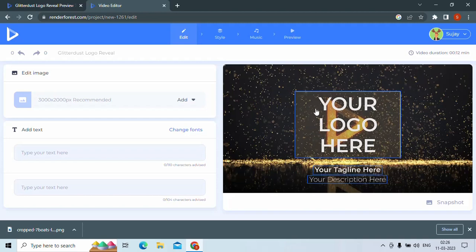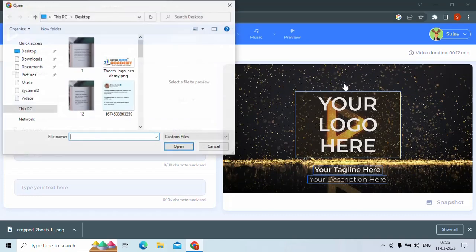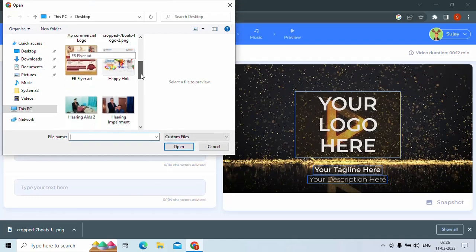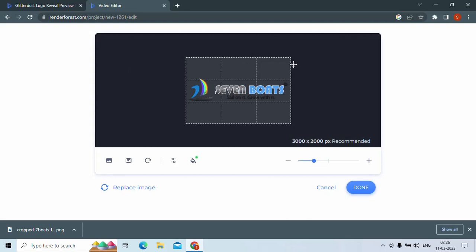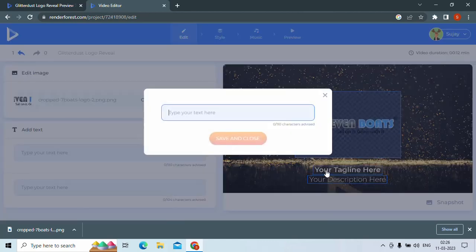So you have to put your logo here. For example, if I take a Seven Boards logo, you have to click here and upload your logo. Suppose I upload the Seven Boards logo. This is the Seven Boards logo. You just have to upload it here, and you can change the position also. So suppose I click on this and click on done, and here you can write your tagline, like our tagline is